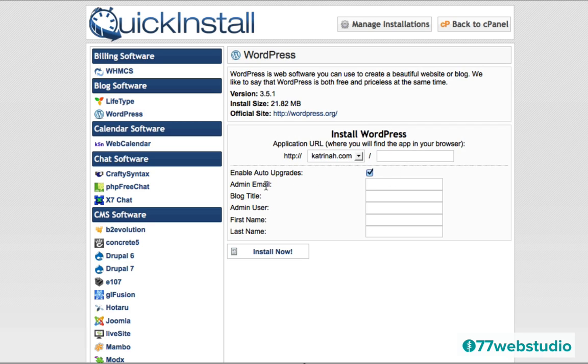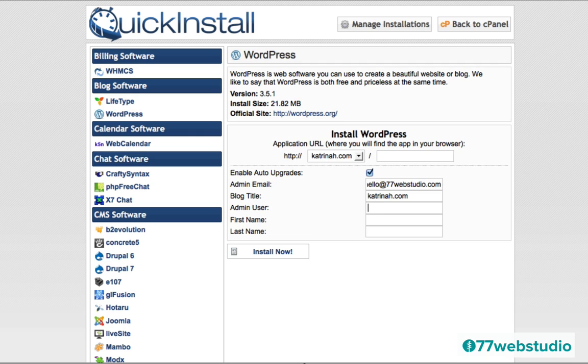The next thing that you want to do is create an admin email, a blog title, an admin username, and you can also, if you'd like, add a first name or last name. I'm just going to add an admin email here, so I'll put in my email. Also, you want to give it a title, so I'll just call it the name of the domain. Now the admin user, this is an important one to keep in mind.